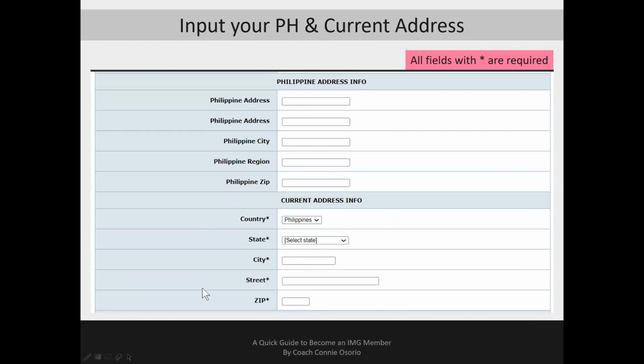Now, naka-asterisk ko yung current address information. So, kung kayo po ay nasa Pilipinas, yan po yung inyong kailangang i-fill up. No need na ipasok pa dito. So kung kayo po ay nasa abroad naman, yung current address nyo dyan sa abroad or overseas or international base, kung saan man kayo nakabase. But don't forget to fill up also your Philippine address info para alam din natin kung saan kayo dito sa